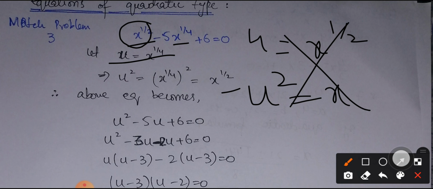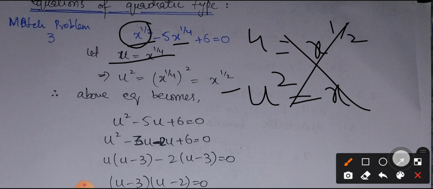So here you can see that if we are dealing with the powers, so any one of the powers must be a multiple of 2 with the other one, or it could be replaced with the power 2, so that we can shift the given equation into the form of a quadratic equation. But it is not always necessary that any type of equation could be transformed into a quadratic equation.